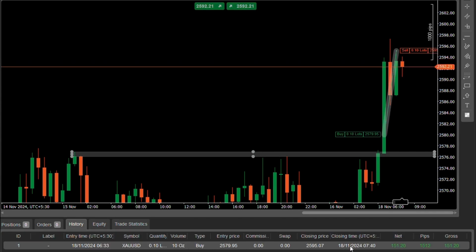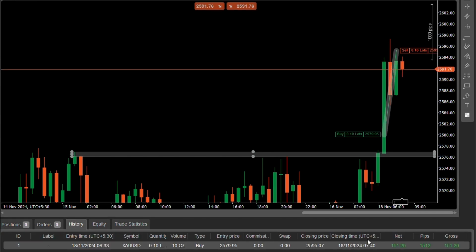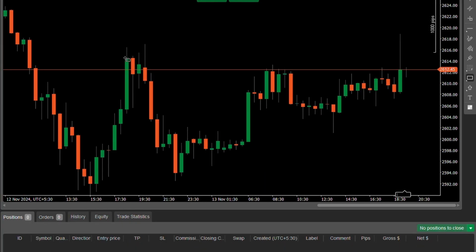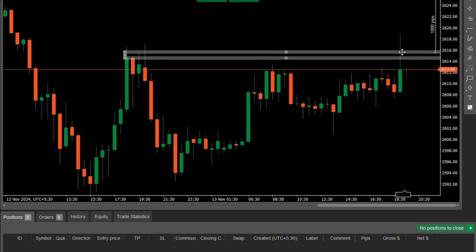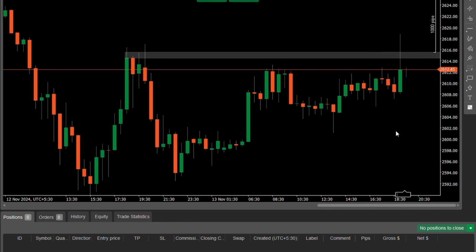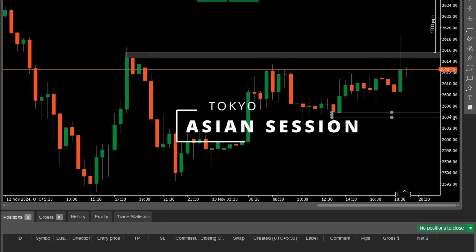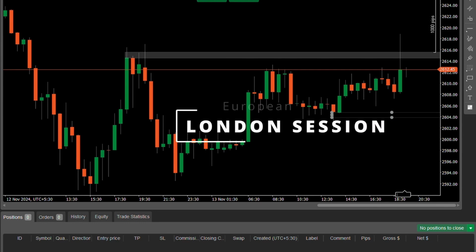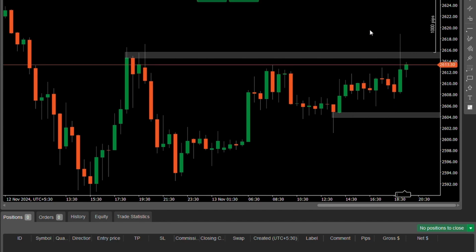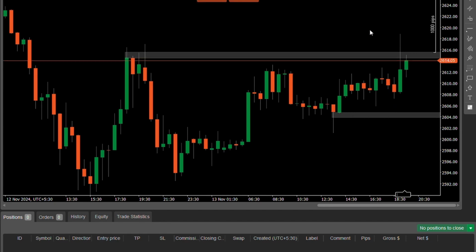So now let's talk about the major Forex market sessions. I've already explained what Forex market sessions are, which let traders easily track movement and measure different transactions in Forex trading. In Forex trading, there are three major Forex market sessions. The first one is the Tokyo or the Asian session. The second one is the London or the European session, and the third one is the New York or the North American session.